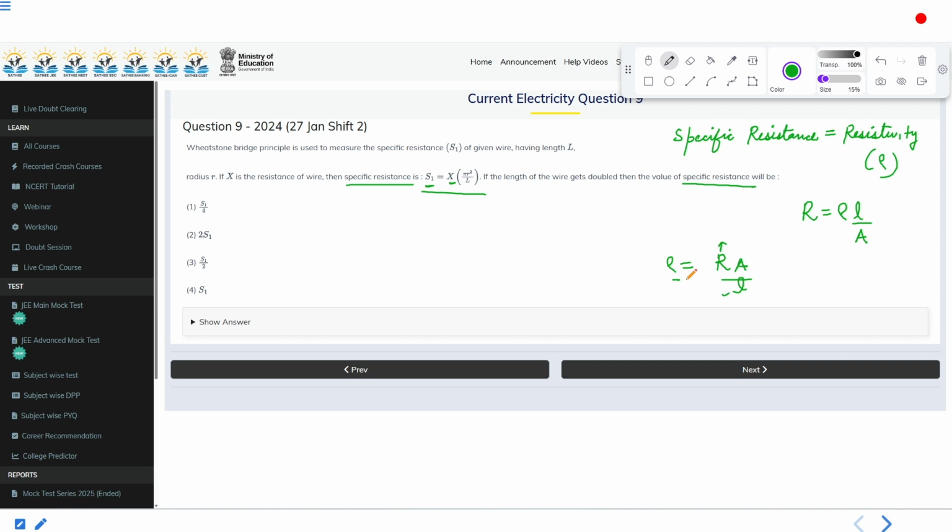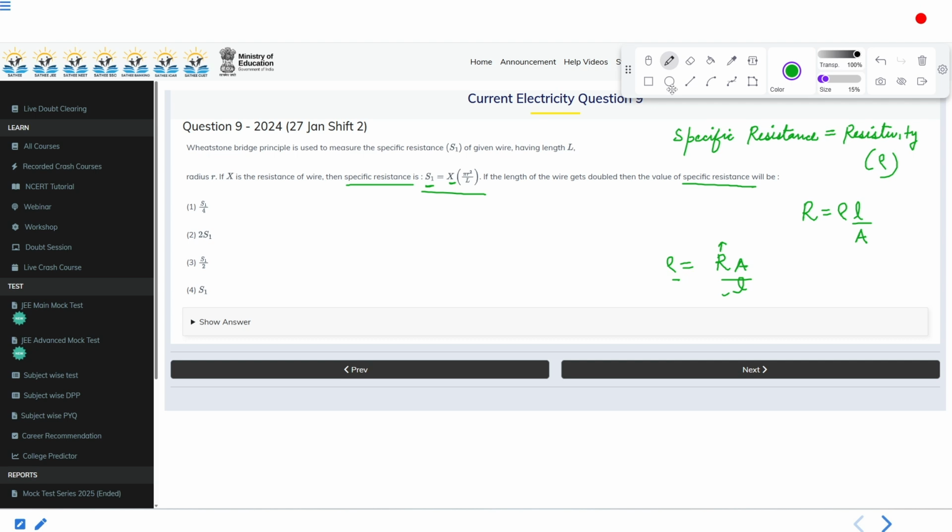Resistivity also depends on temperature. If we increase the temperature of a conductor, then resistivity will also increase, and hence resistance will also increase with the temperature. That is known as the temperature dependence of resistivity or resistance. So it is dependent on the material property, that is, what type of material it is: copper, iron, it is different for every material. It is also dependent on temperature, but it doesn't depend on the dimensions of the conductor.